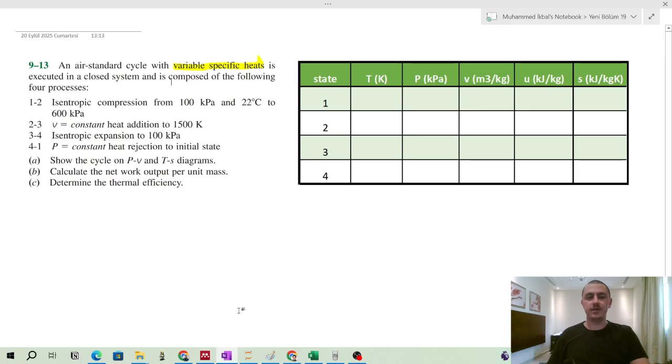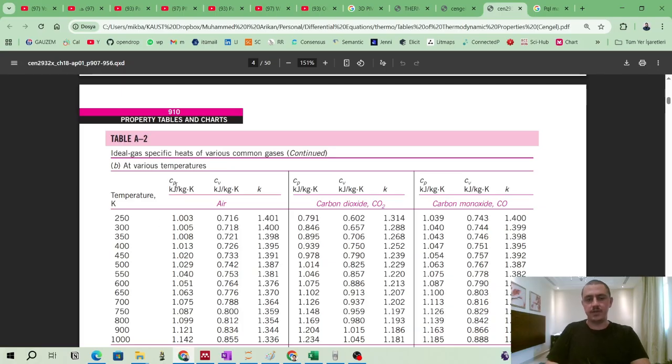In this lecture, we are going to solve a thermodynamic cycle problem. So this is an air standard cycle with variable specific heats. Please focus on this term. If the question mentions variable specific heats, we know that Cp and Cv can be approximated to 1.004, 1.005, in this range. If we are working with